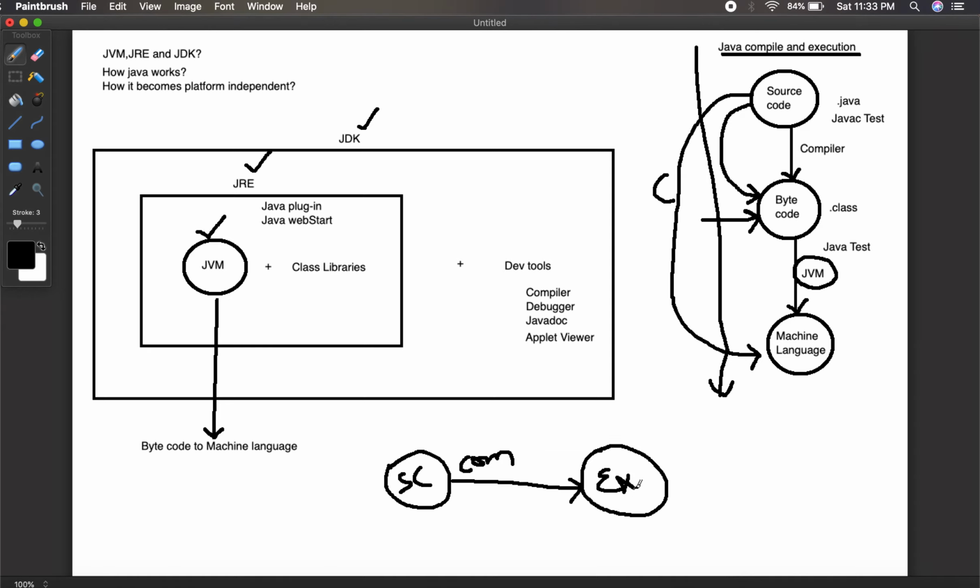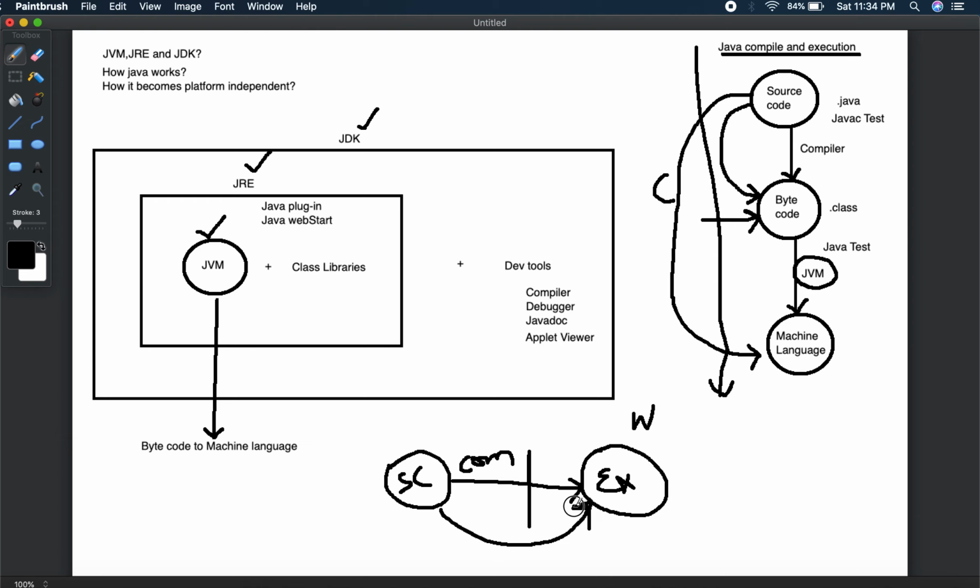So directly this will be understood by the platform where we compile the program. If you compile this program on Windows, this executable file can only be understood by a Windows machine. Definitely Linux or Mac will not be able to understand. There is no intermediate stage which can be read by any platform. There is no common language here. There is no common file which we generate when we compile. Source code is directly converted to an executable format.